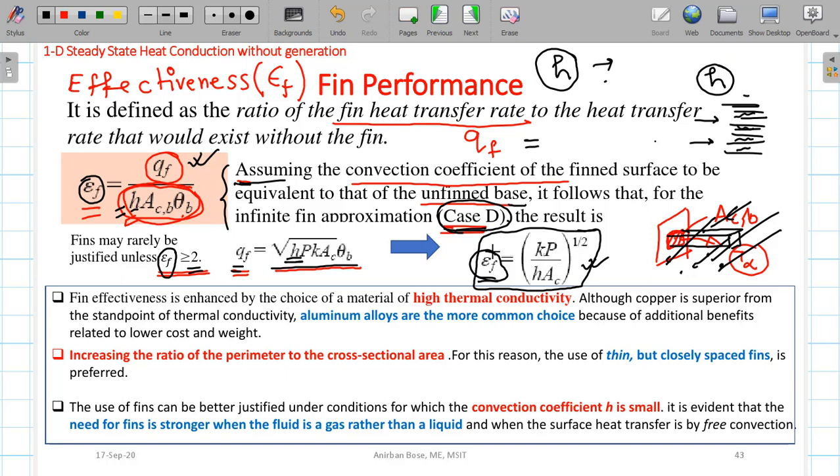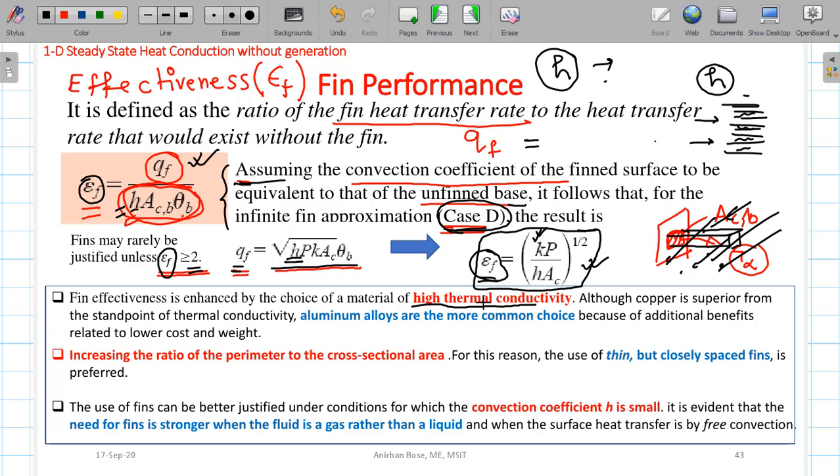How can we increase the effectiveness of the fin? So here it is clear that if the thermal conductivity is more, then effectiveness will be more. So high thermal conductivity material should be used as fin material. So fin material should be selected such that its thermal conductivity is very high, and that is why copper will come to your mind, aluminium alloys will come to your mind, right? But copper is not generally used because first of all it is very costly, second it is a very heavy material, the density is very high. So in many cases the equipment will be heavy, and that is not intended in many situations.